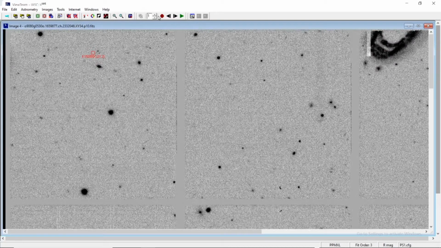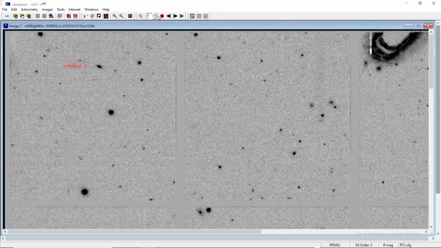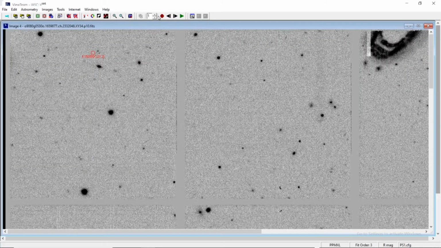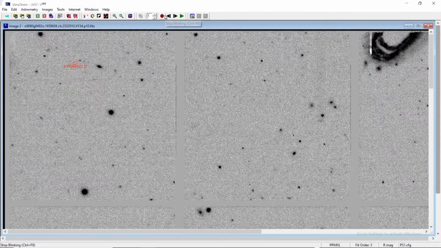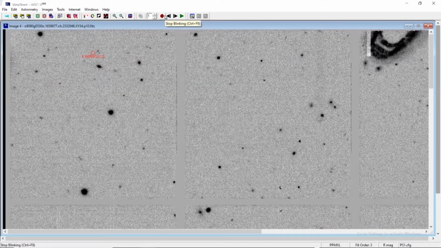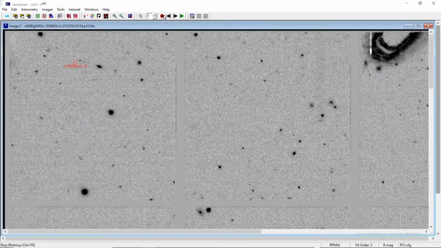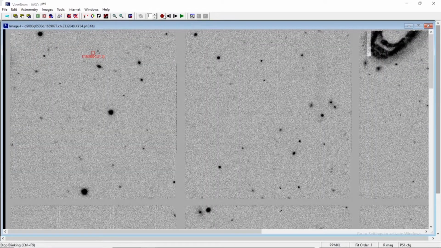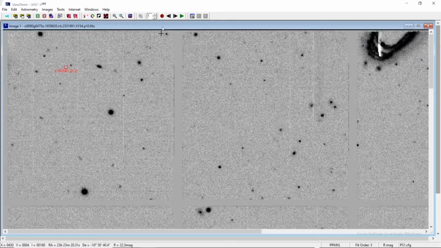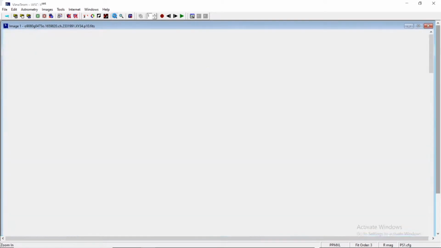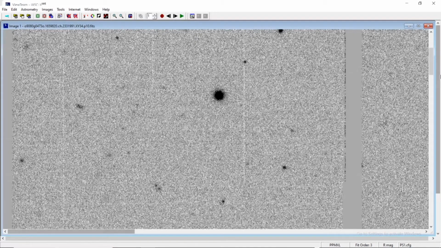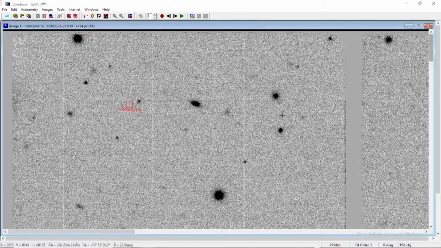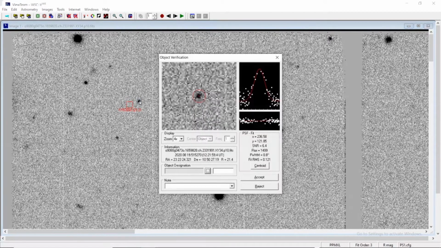Now, before going for the analysis, we already know it is a 7-letter designation, a preliminary discovery. You can say it has already been given a designation. Don't worry, but still we have to analyze it, and if everything falls into place, you just include it in your MPC report as it is. So let me stop the blinking on the strike of image 1. I have stopped blinking. I will zoom into it again for a better view, and I will go near the object and let me see what is there for this object.